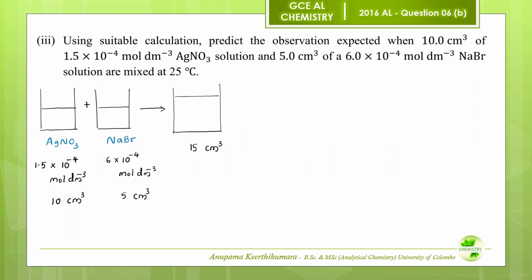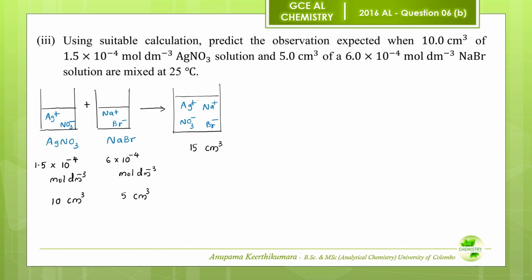Silver nitrate solution and sodium bromide solution were mixed together during the given experiment. The ions present in silver nitrate solution are Ag+ and NO3-. The ions present in NaBr solution are Na+ and Br-. Next, move to the mixture. We can see Ag+ ions, nitrate ions, Na+ ions and Br- ions are present in the final